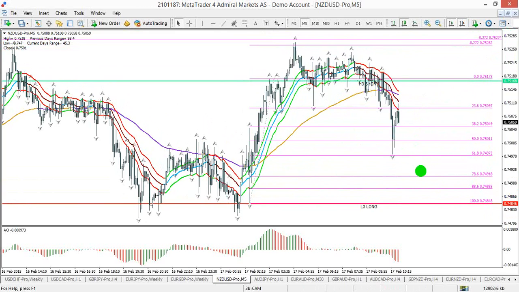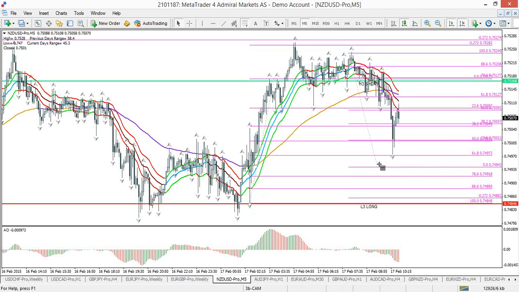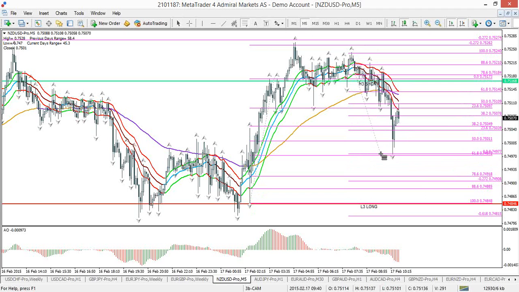Now the question is, will it retrace deeper? It could retrace deeper before moving up. Ultimately, it could break even the bottom, obviously. You never know. But for the moment, I will not assume that. But it could go down to the 78.6 fib. So looking at this particular chart and adding this fib,